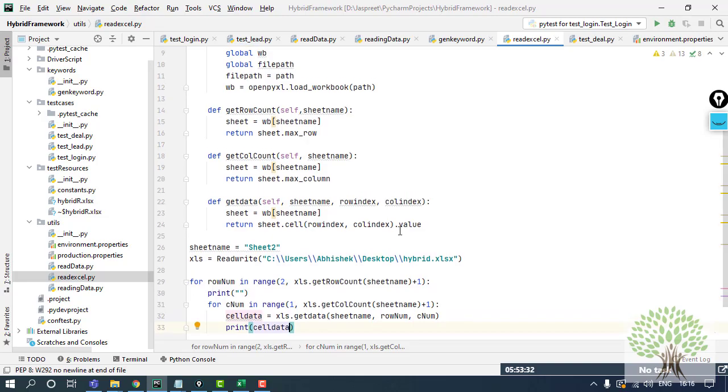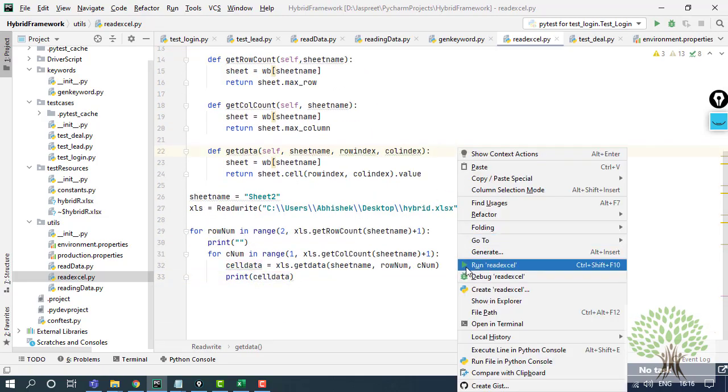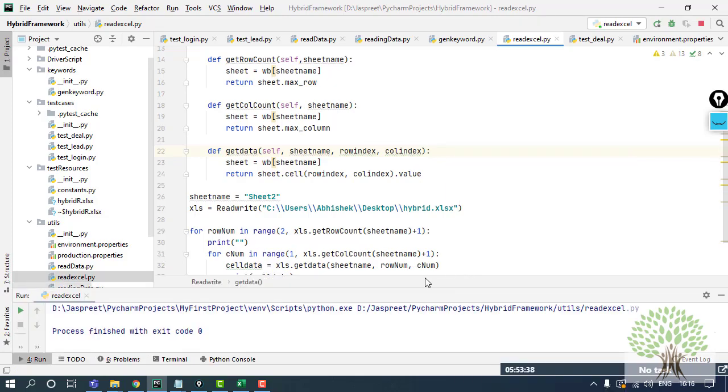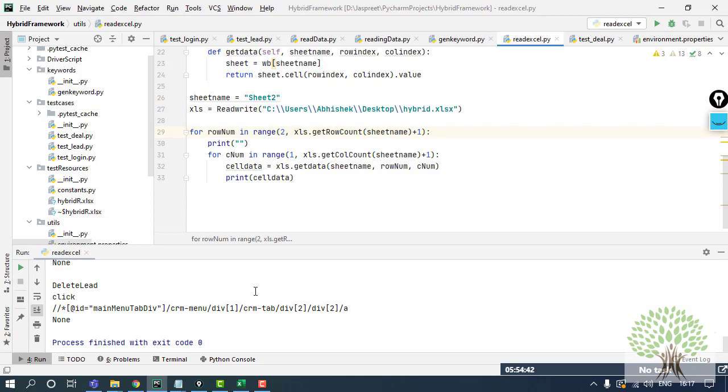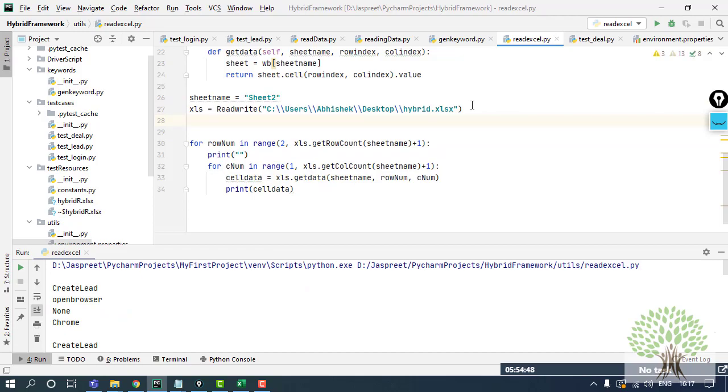So this is the kind of logic I have put in to read the Excel sheet that I have made just before. Over here, I get the whole data. Just for more enhancement of this code, I can print the total number of rows and columns as well, just to show you.